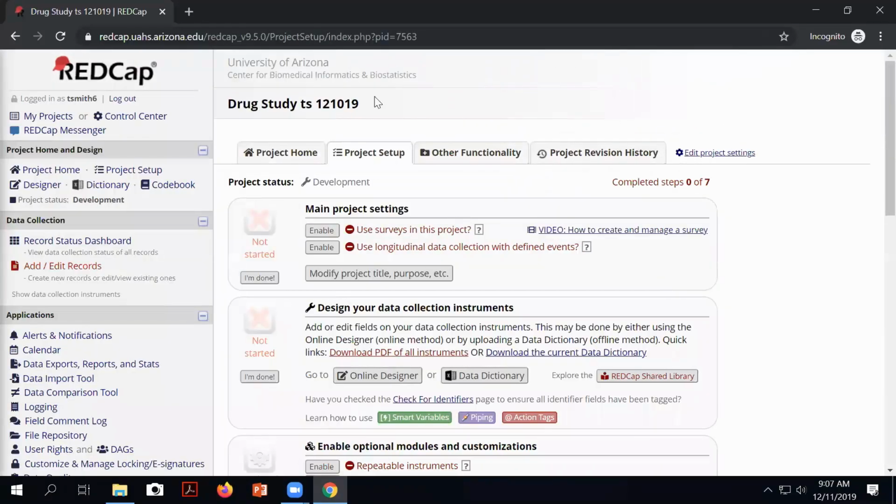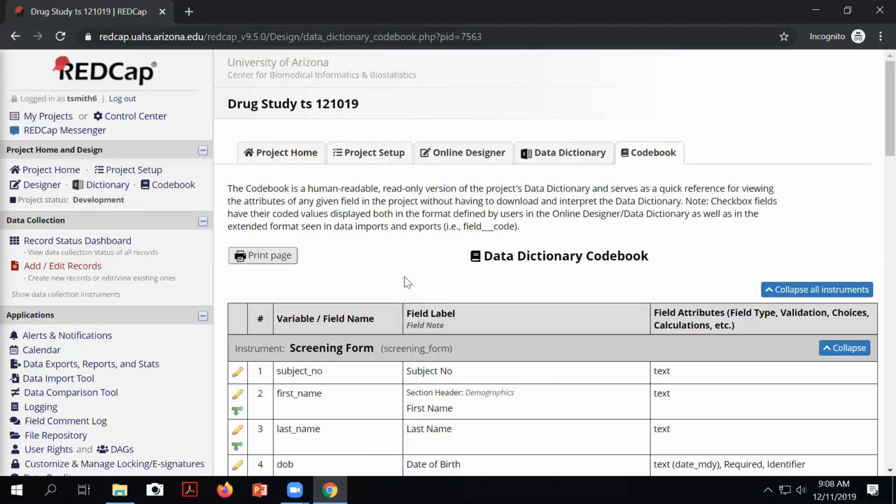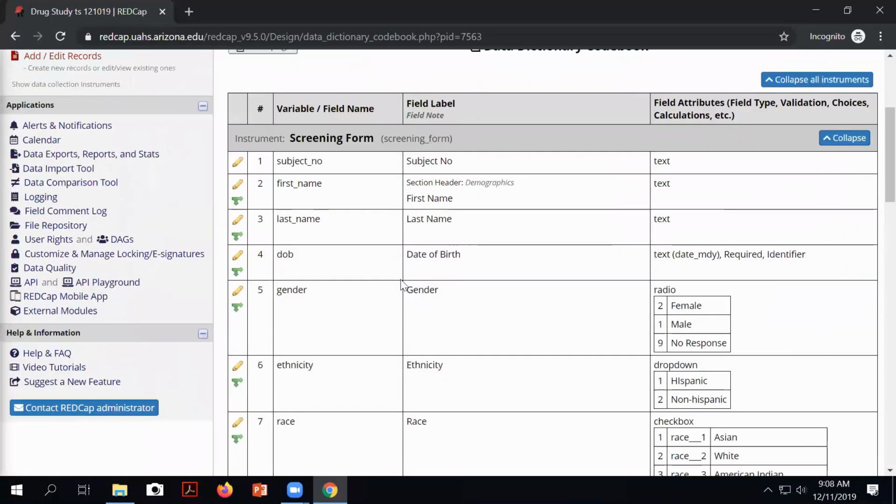So I'm opening yesterday's project. The first thing I want to show you is the code book. The code book is accessible up here in the left. All right, in this project home and design area, there's this thing called codebook. If you click on it, it will show you every single variable along with the field label and the attributes